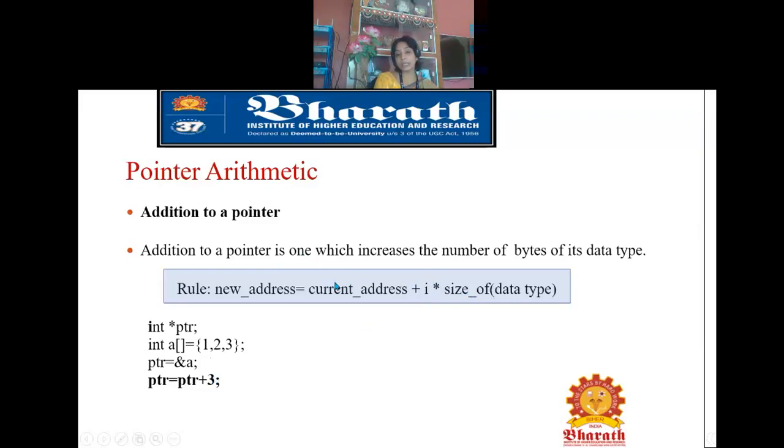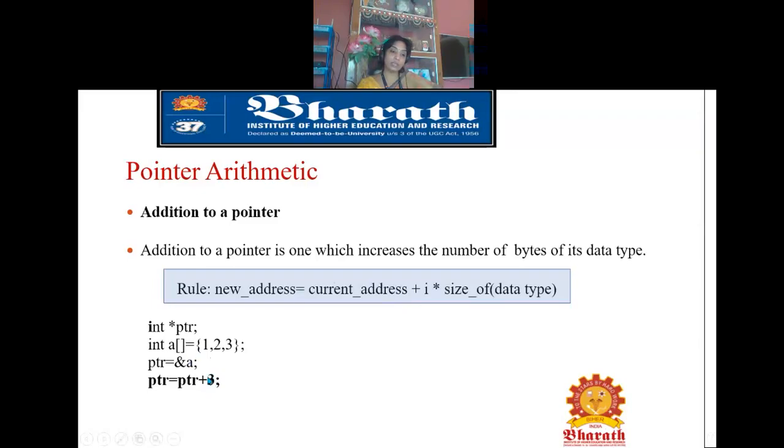In this case, the base address, say 1000, plus 3 into the size of the data type. Size of the data type is integer, no? So that will be 2 bytes. So 3 into 2, it will be 6 bytes. So this 6 bytes will be added with the current base address. So 1000 plus 6 bytes will be 1006. Okay, that is the addition of the pointer variable.